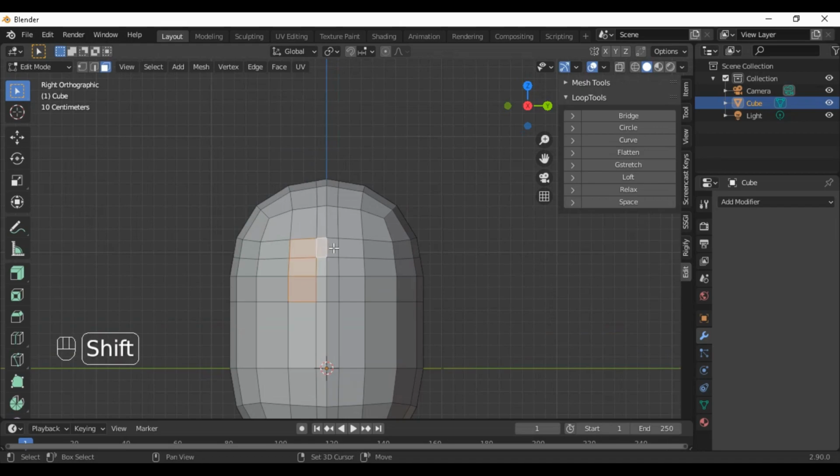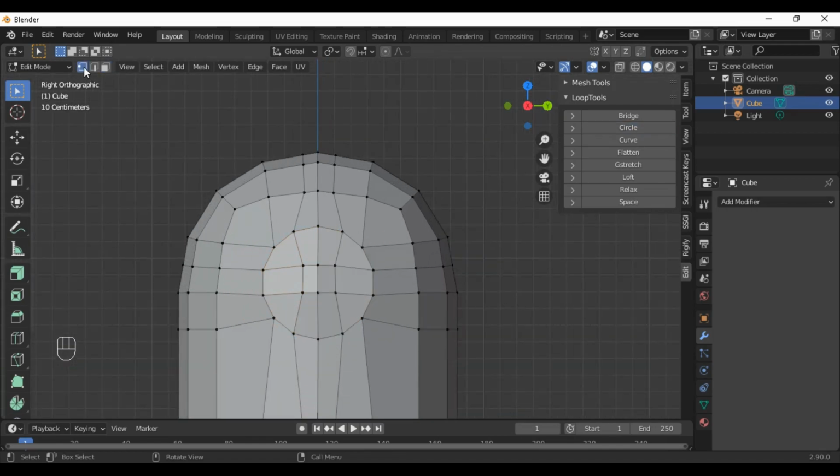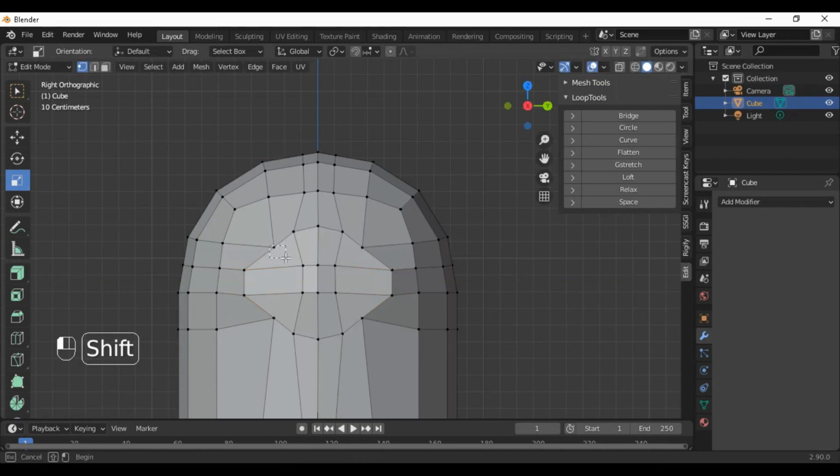Now we are going to make goggles. Yes, it's goggles. Now select this, go circle. Yes. Okay, go on vertex mode. Select this vertex, scale it a little bit. Yes. Okay, now select these and scale it.